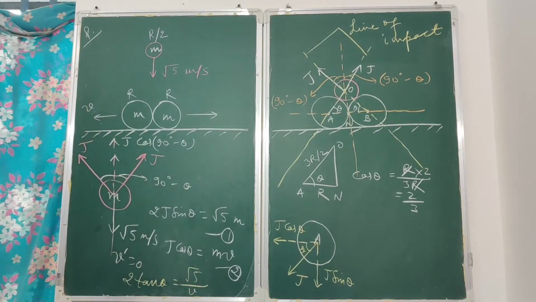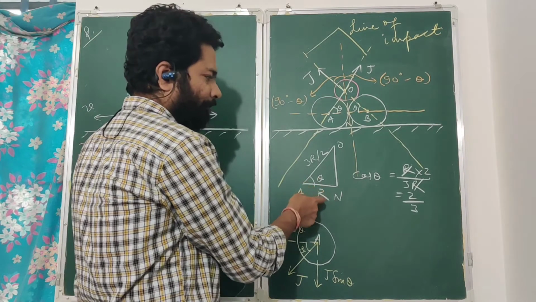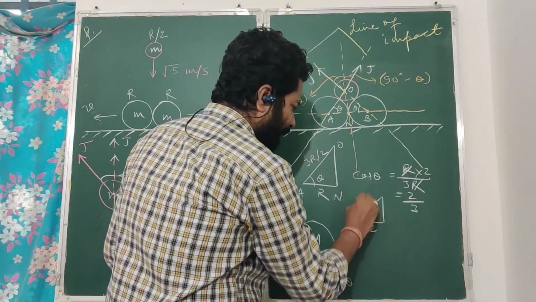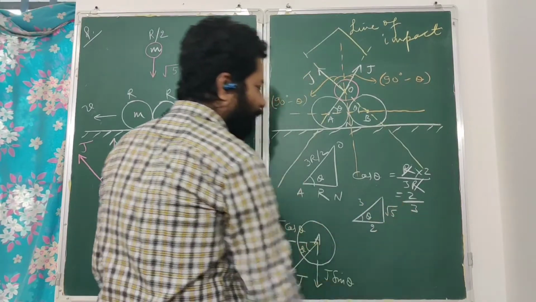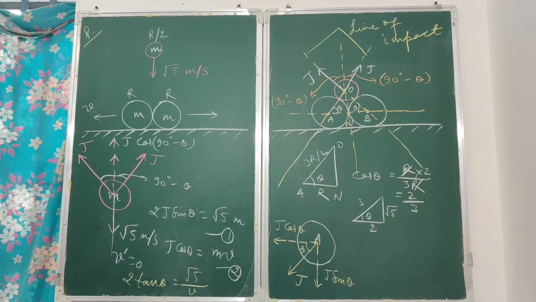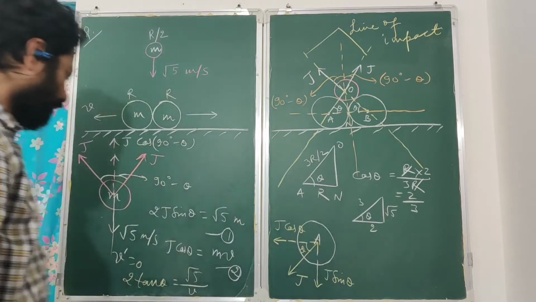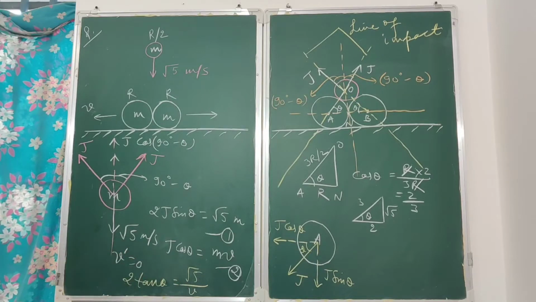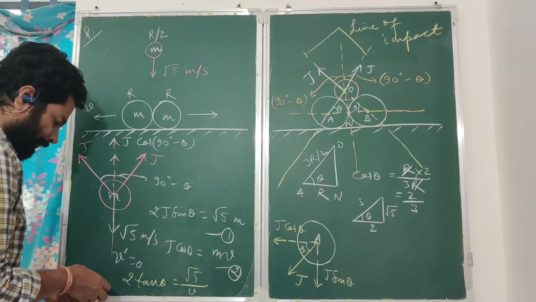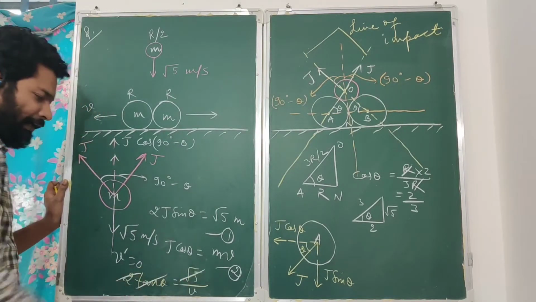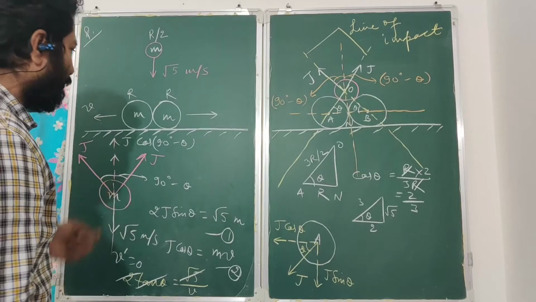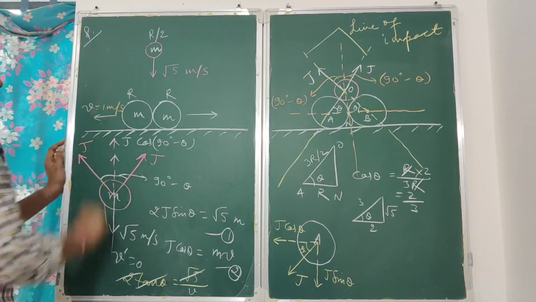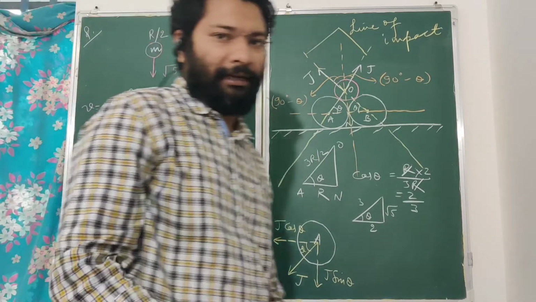Now what is tan theta here? Cos theta is 2 by 3. So remember, this is your theta, cos theta is 2 by 3. How much is this? Obviously root 5. So now what will be tan theta in this triangle? Root 5 by 2. So can we write 2 into root 5 by 2 is equal to root 5 by v? So this whole term will get cancelled, and what will be the value of v? You will get v as equal to 1 meter per second. So the answer for this question will be 1 meter per second.